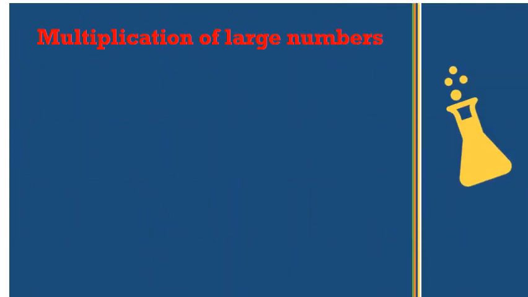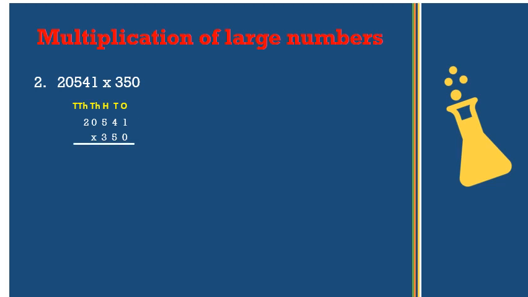Now children, let's come to the second example of the multiplication of large numbers. So here we have to multiply 20,541 by 350. So let's see how we will do it. First, we will put the place values above each of the numbers. Then we will continue with multiplying.